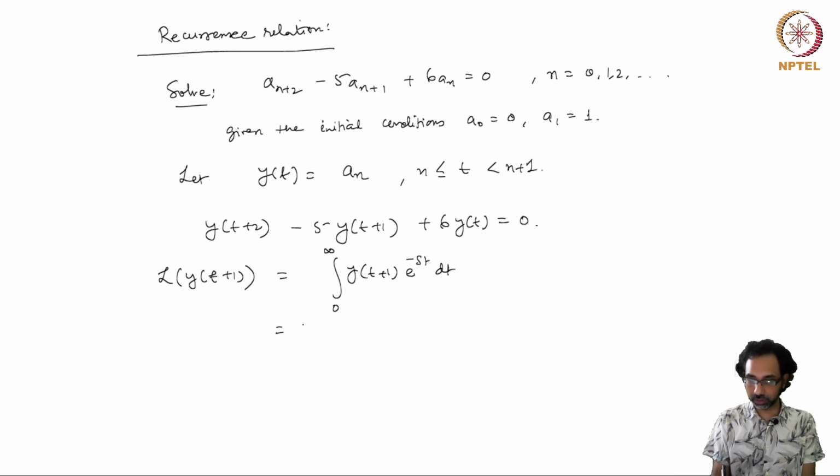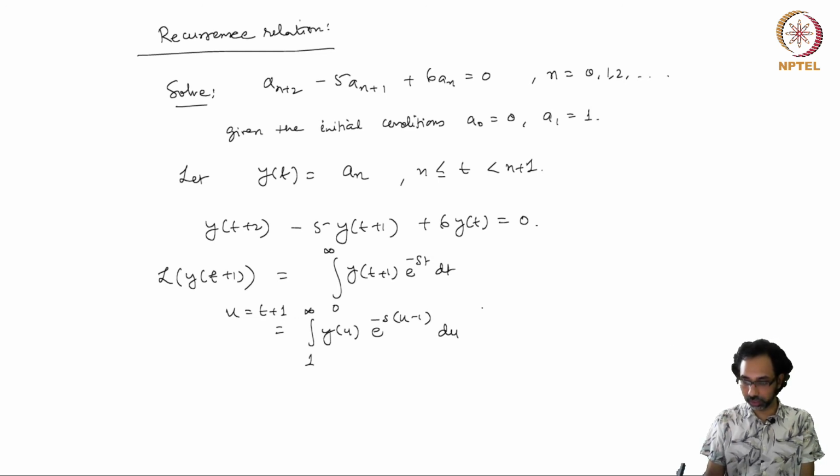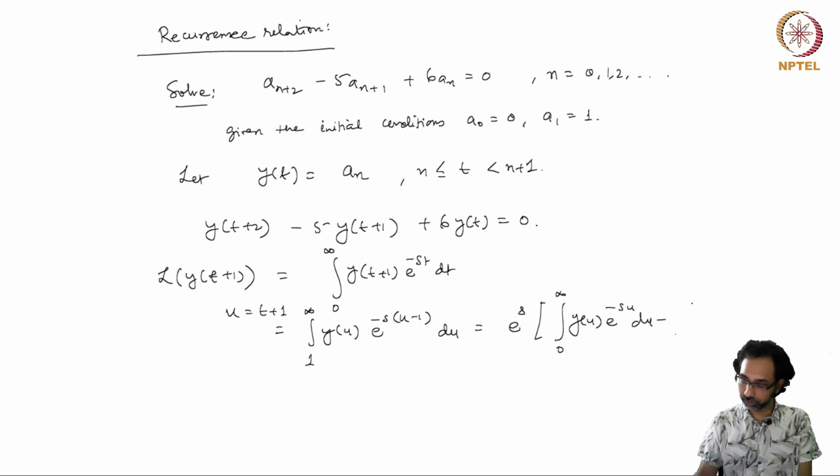So if we change the variable from t to u with u equal to t plus 1, this will give us the integral from 1 to infinity of y(u) e to the power minus s(u minus 1) du, and this can be written as e to the power s times the integral from 0 to infinity of y(u) e to the power minus su du, minus the integral from 0 to 1 of y(u) e to the power minus su